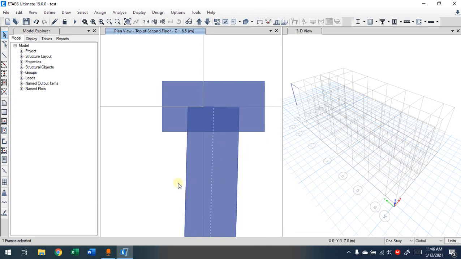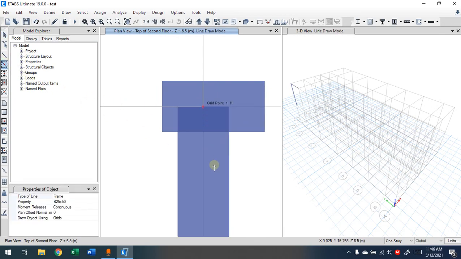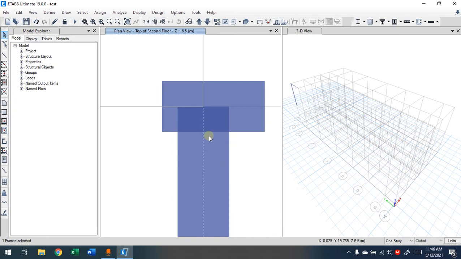But what will we do before modeling the beams? We do the columns, we move them, and later if you decide to put the beam, for example here, now this beam is not connected to the center of this. The joints are not connected. So if you have a case like this,